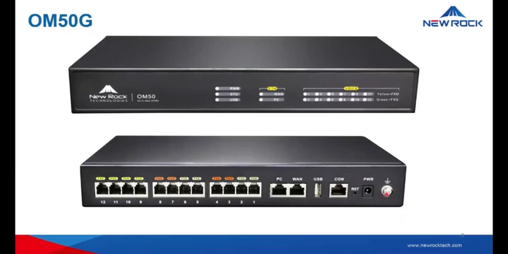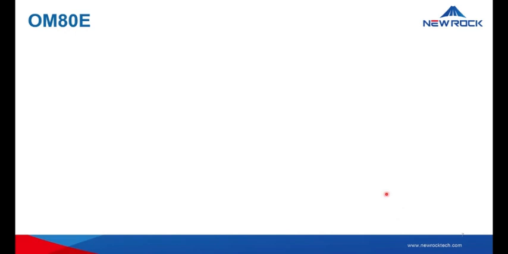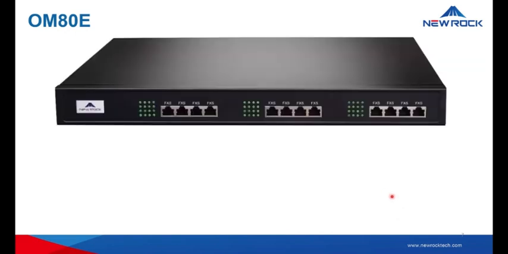So let's go to the enterprise devices we have. The first one is our OM ATE. This is the front panel of our OM ATE. This is the LED matrix. Basically, when you turn on the device, if it shows a steady green, it means that you're using the FXS. And if there's a blinking green in the first 10 seconds of powering up, it refers to the trunk line. Upon powering in, if there's no LED indicator here, it means that there is no line detected.